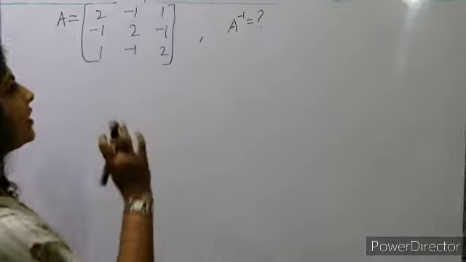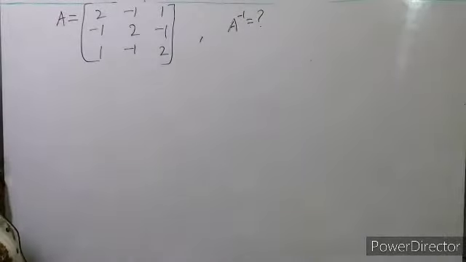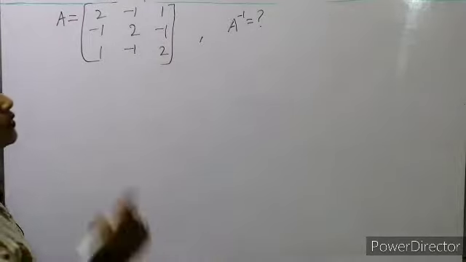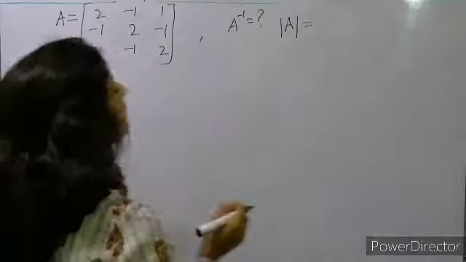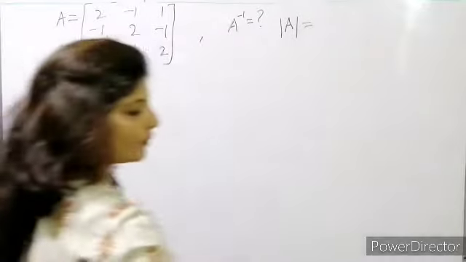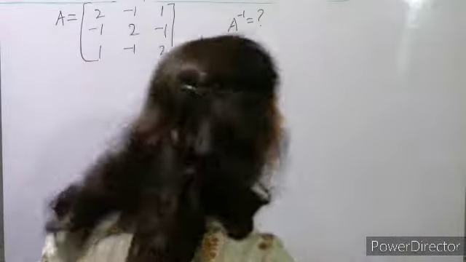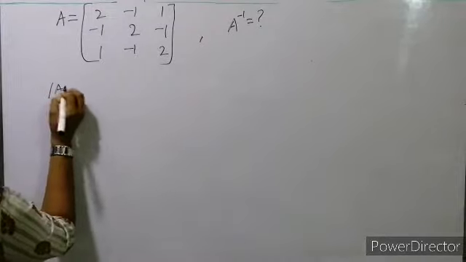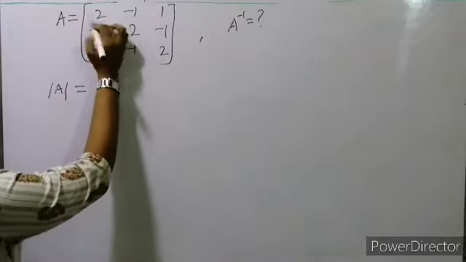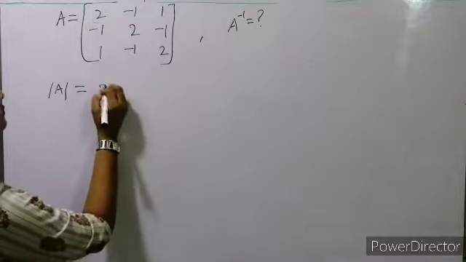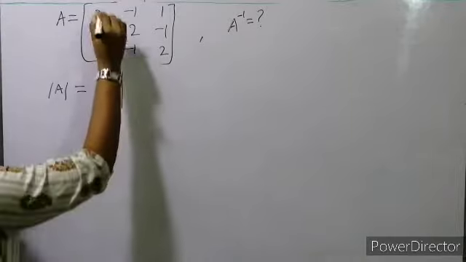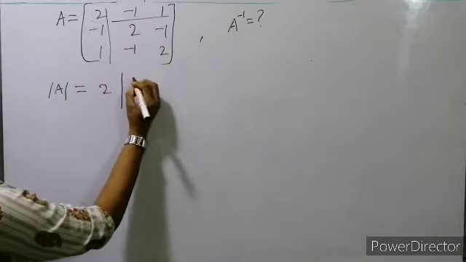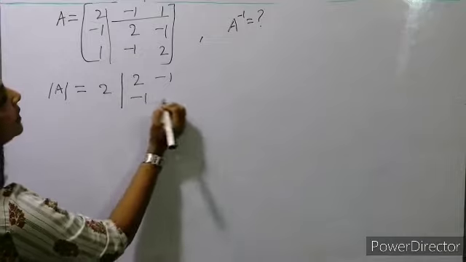Now we'll take 3 cross 3 matrix. Okay, so 3 cross 3 matrix के लिए we'll find out A inverse. So first of all we'll find determinant of A. Okay, determinant of A के लिए what we'll do? We'll write determinant ना, हम यहाँ find out करते हैं. So determinant of A के लिए first of all we'll take this number. So 2. Okay, 2 into this matrix, this row and this column हम छोड़ देंगे. What is left behind? 2 -1 -1 and 2.